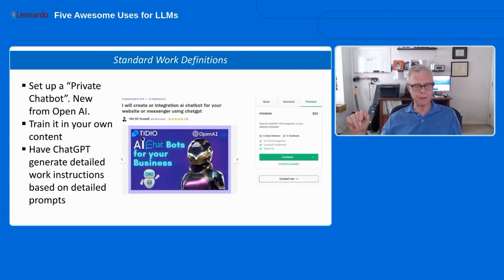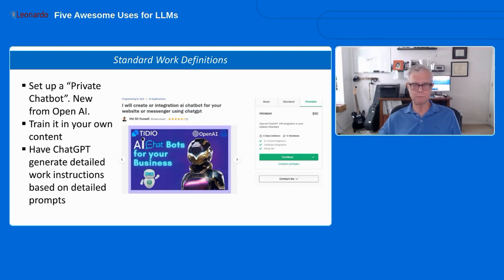So in terms of other uses along this line, you could set up your own private chatbot. Again, this is new from OpenAI. I just discussed this with you. You can train it on your own content, and then you could have ChatGPT generate detailed work instructions based on detailed prompts.